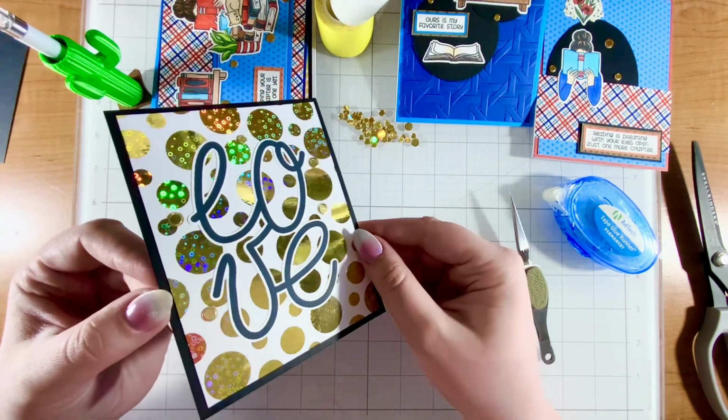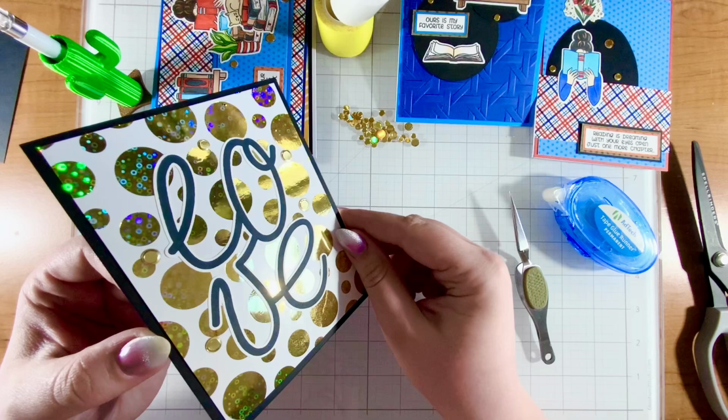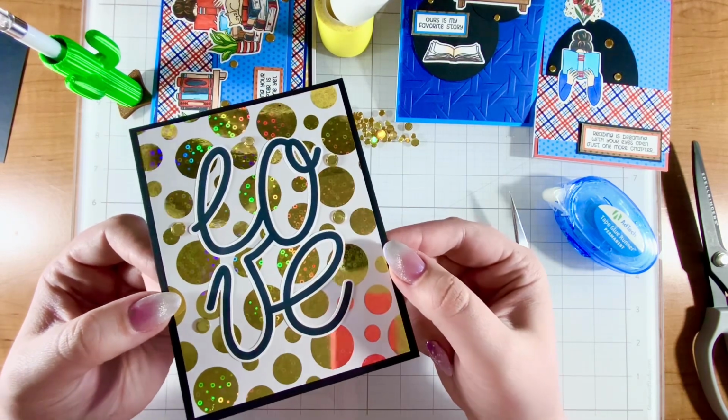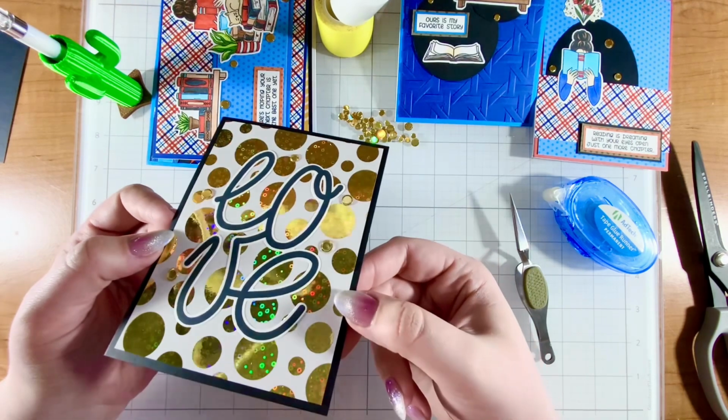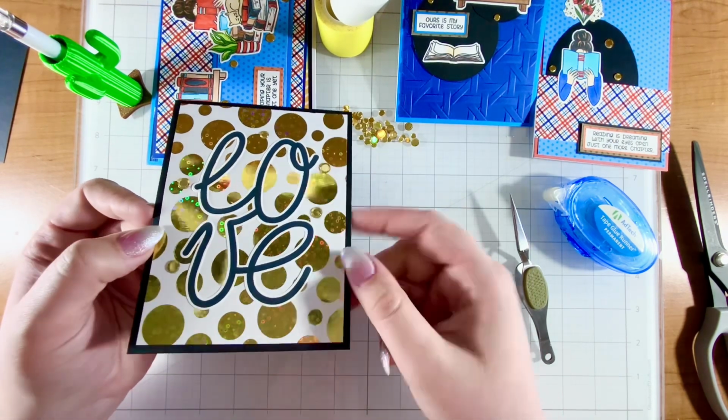This one I used the toner foil, and look at how sparkly and pretty that is. It really shows a rainbow effect. You can even see, it's kind of like a mirror. You can kind of see my iPad up here